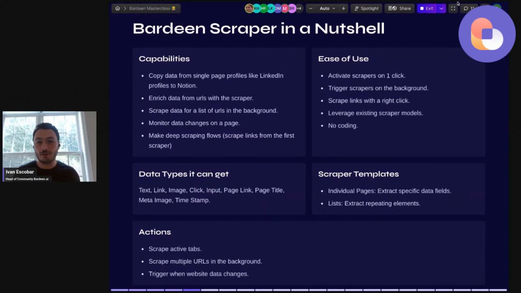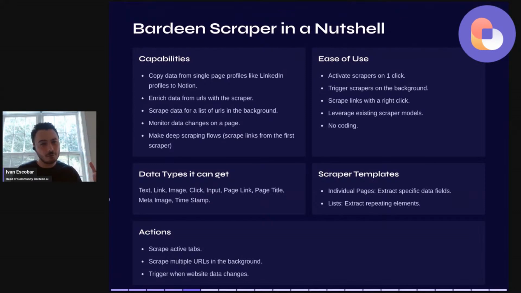Now, let's see the scraper in a nutshell. This is particularly useful if you're not that familiar with the scraper or you're not aware of everything that it can do. So this is a quick 2-minute dive into the scraper. The scraper is able to get data from single page profiles like LinkedIn and connect it into your apps like Notion. It is able to enrich data from URLs with the scraper. So if you have a list of URLs that you want to scrape, you should be able to enrich all of those URLs with scraped